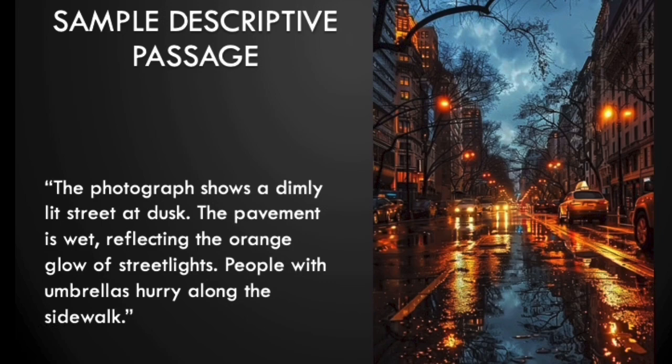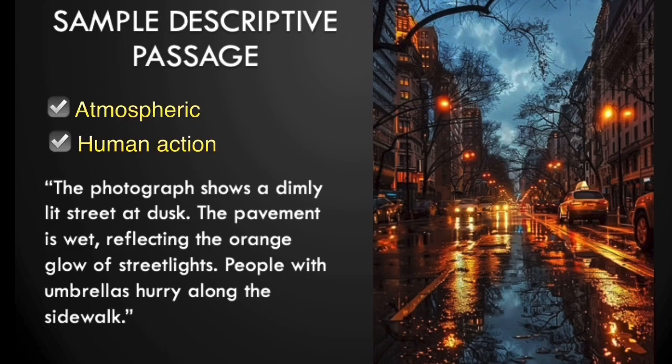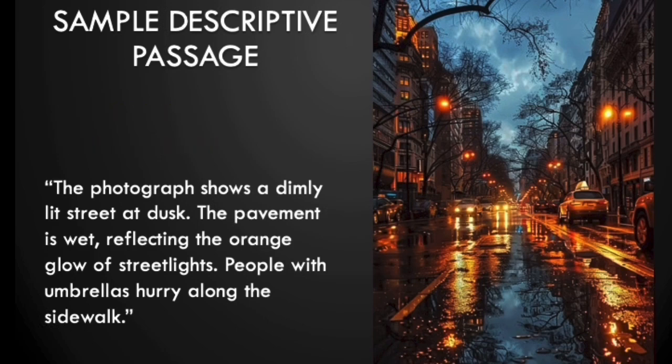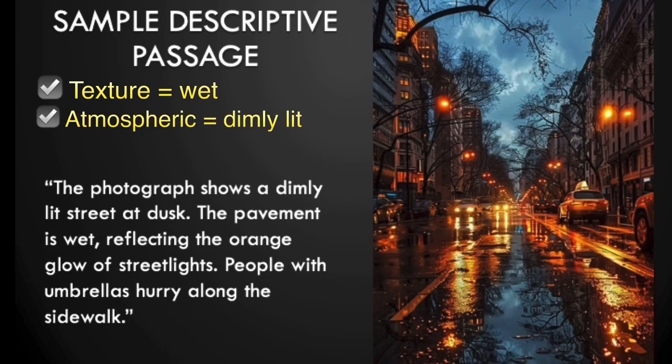The pavement is wet, reflecting the orange glow of streetlights. People with umbrellas hurry along the sidewalk. What happened here is the writer wrote about the scene, that it was atmospheric, and there's a human action element present. The description goes from setting the place and lighting, to giving the texture details or atmospheric details, and introducing the movement